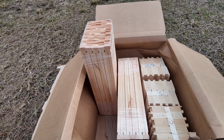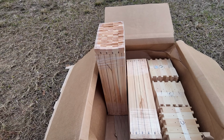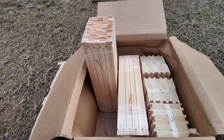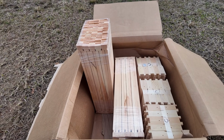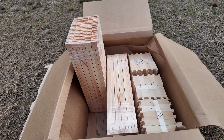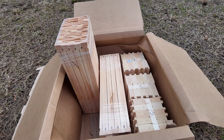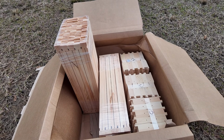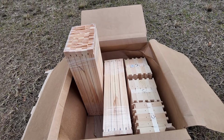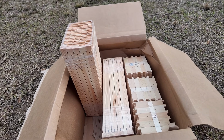Not a lot of people sell that type of honey anymore. Had a lot of people start to ask for it, and so we started producing it, and it sells very quickly. We sell it for $36 for a quart jar, which is a fair price considering the comb honey that's in it and what goes into making that. But it is a good profit also. But at that price, we sell all that we can